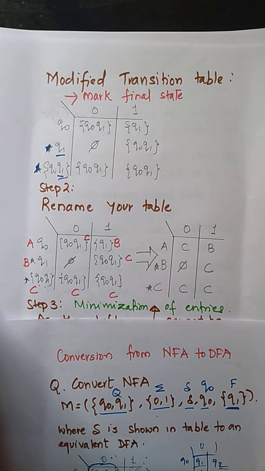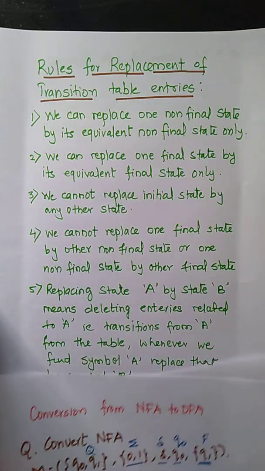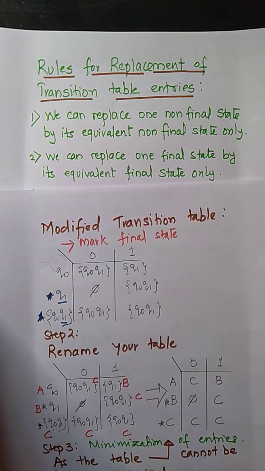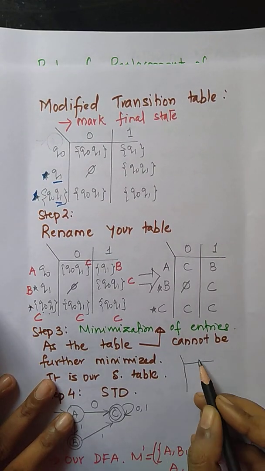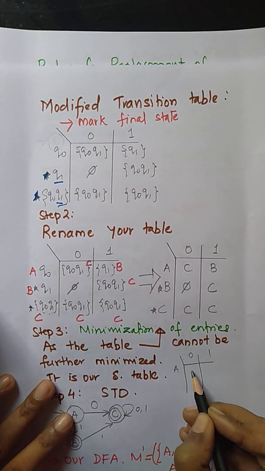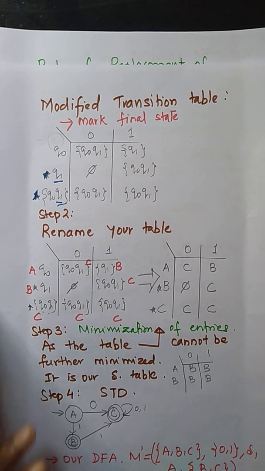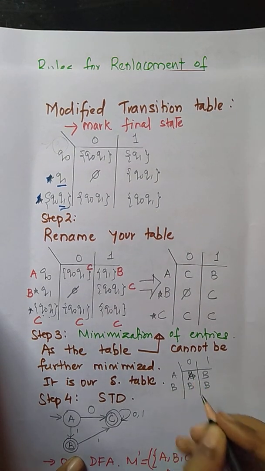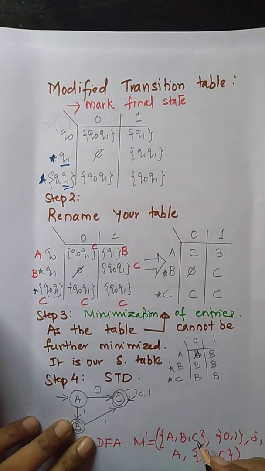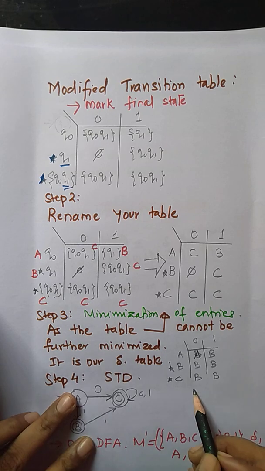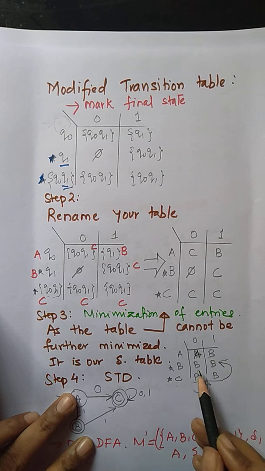After that, we are going to minimize our table. What do you mean by minimization? Suppose we have this table with 0 and 1, where we have A, for example B, and B also we are getting B and B. For example this is A, B, and in C we are getting B and B, and both are the final state. Which states are the final states? B and B. Now we go from the bottom of the table and search for the entries. B and B is present again here in B and B.